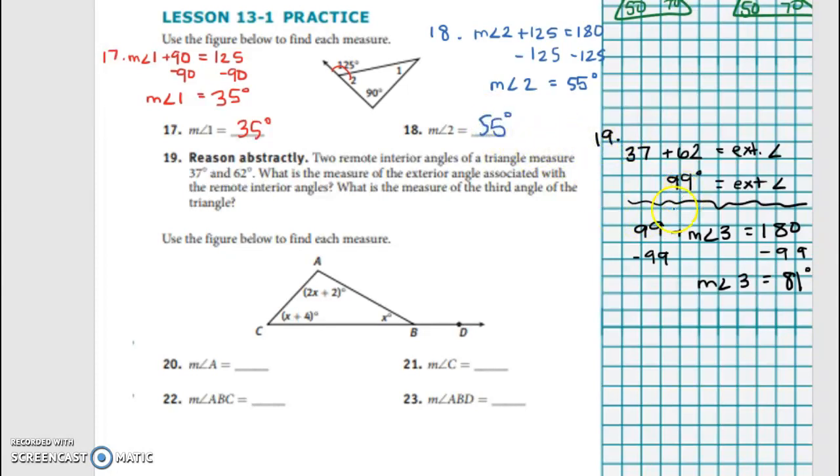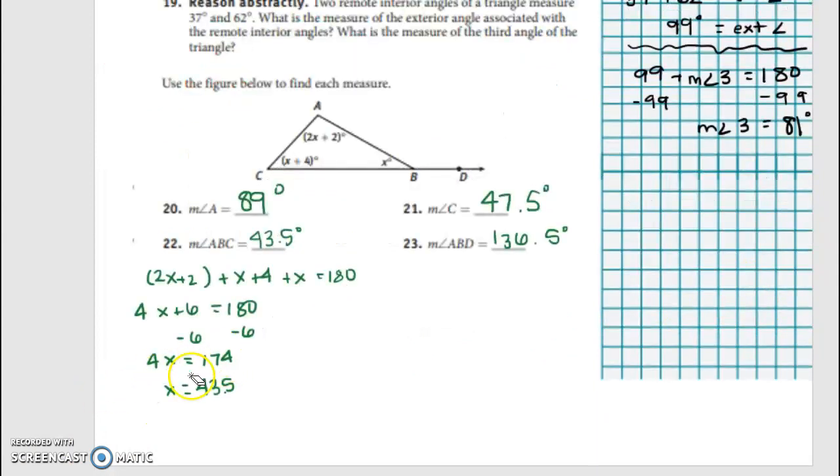Now for 19, it says that two remote interior angles are 37 and 62. We add them together, we get 99. And then for the third angle, we just do 180 minus 99 and we get 81 degrees. Lastly, all we do is solve for x and then we plug it in to find the last three. Good job, that's the end of this